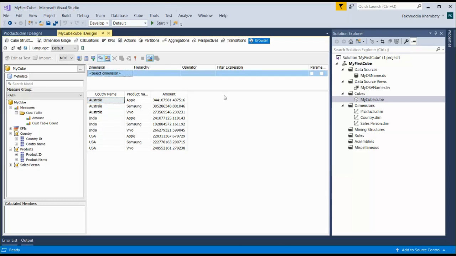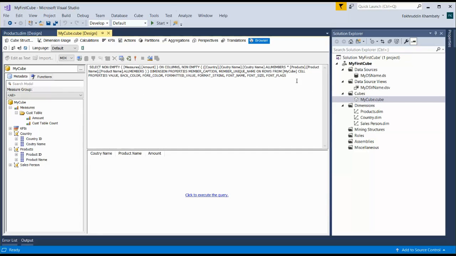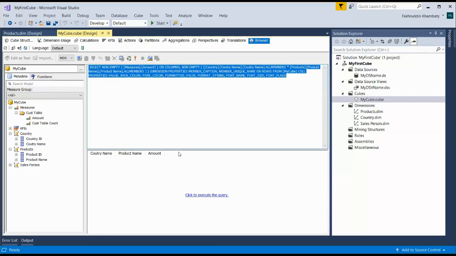But you guys don't trust me. When I say this is running MDX, how will I prove it? To prove it, I am showing you this. It's showing MDX, right? You still don't believe me. I will go to this particular icon. Right now, when I take my cursor over there, it says design mode. I'll click on it. It will give me the MDX query that it is running in the background for my cube.